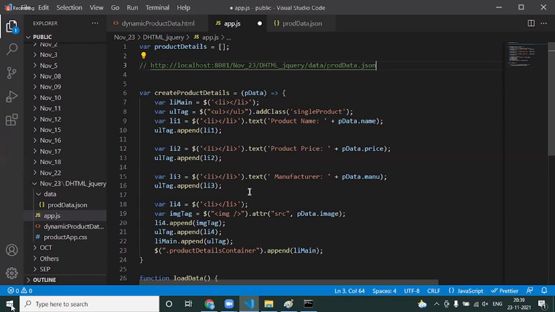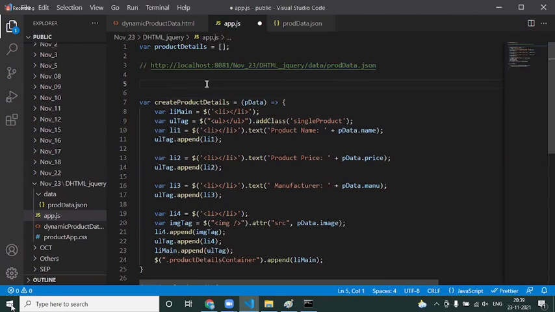So what are the steps to be followed in order to hit this URL and receive the data? For that, jQuery is providing a predefined method. There is a method called fetch in JavaScript, but jQuery also has written its own predefined method that you can simply make use of.